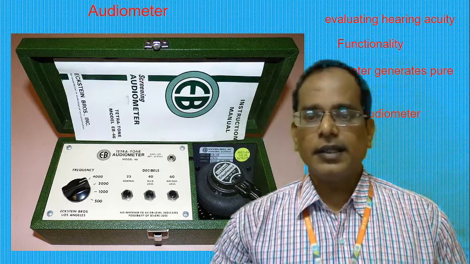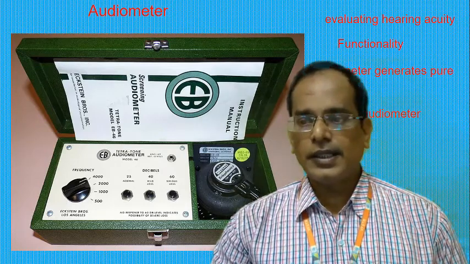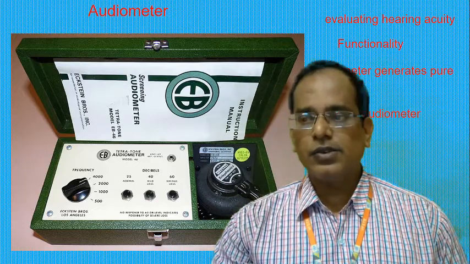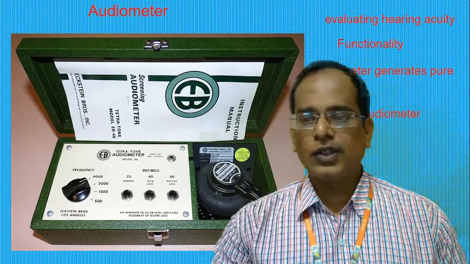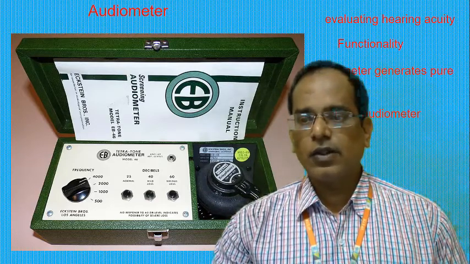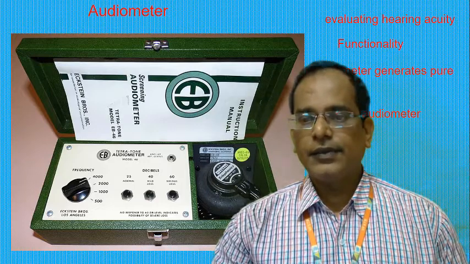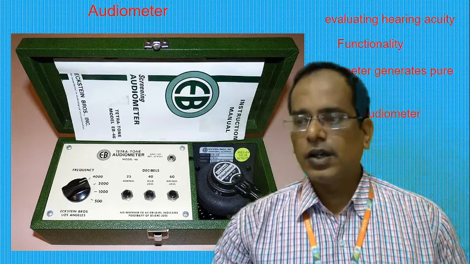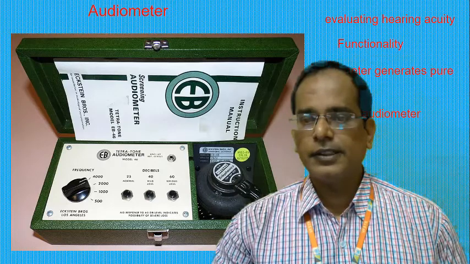It is of major importance in hearing and filtering, and it is also used for diagnosis of certain retrocochlear pathologies. What does retrocochlear pathology mean? For example, a tumor of the auditory nerve can easily be identified with the help of speech audiometry. Another one is auditory neuropathy, which we can also easily examine with this test.